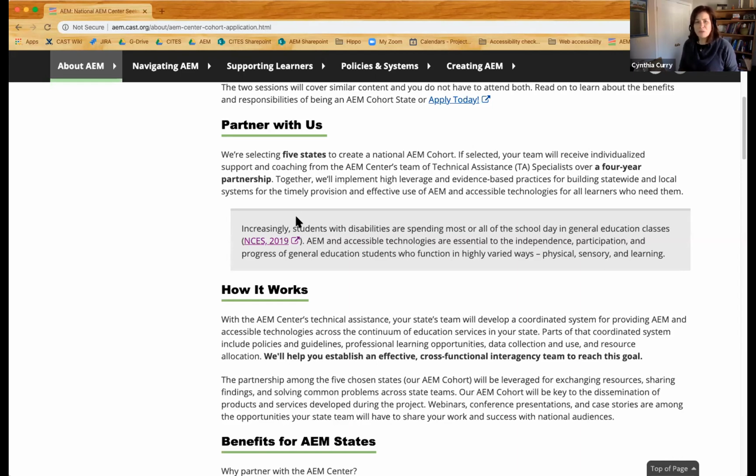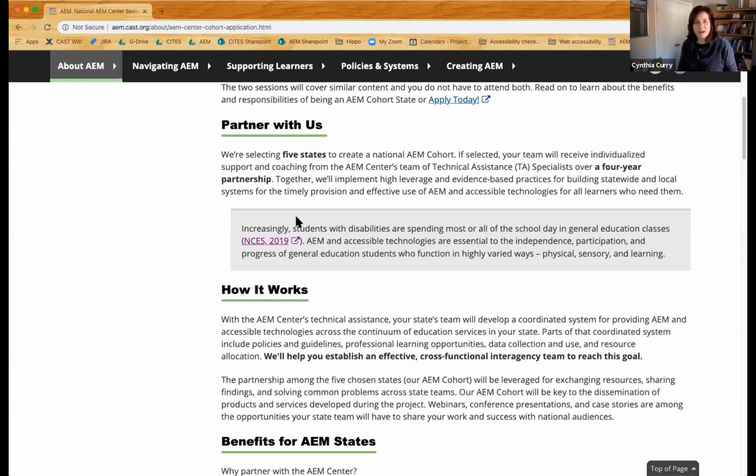You may be familiar with our quality indicators with critical components for providing AIM at the state level as well as at the local level. We also have critical components for higher education and critical components for workforce. As part of this new center, we're also developing critical components for providing AIM to children in early childhood programs. So working with the AIM Center in this next cohort really means helping us with developing those critical components for quality provision of AIM and accessible technologies,